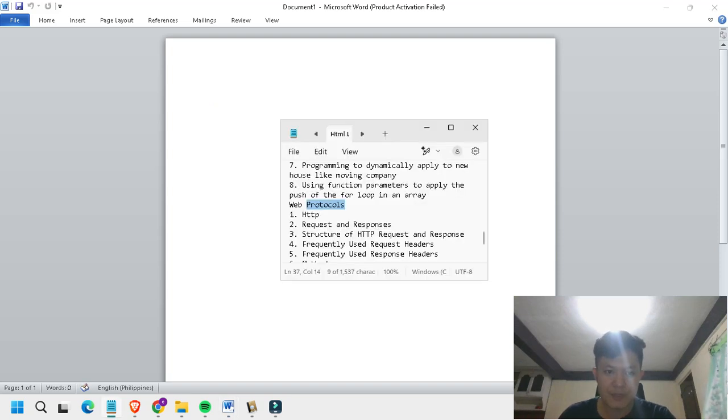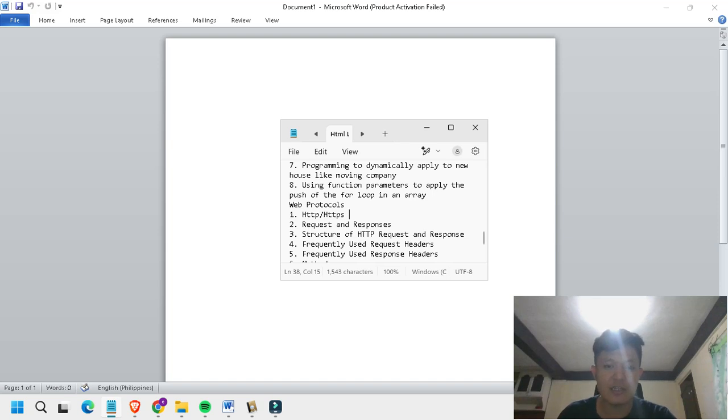The number one most useful web protocol is HTTP or HTTPS. It's about 95% of use cases for web development, though that number is just approximate, guys.